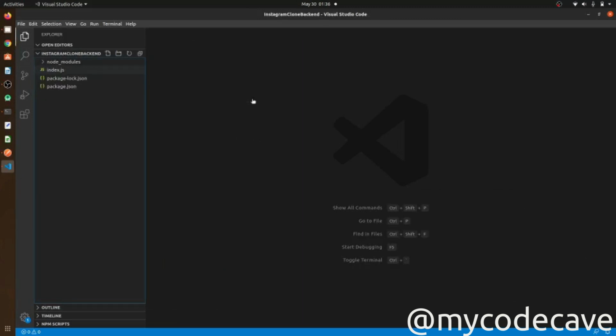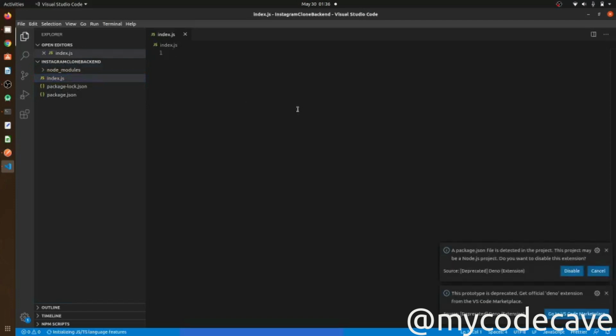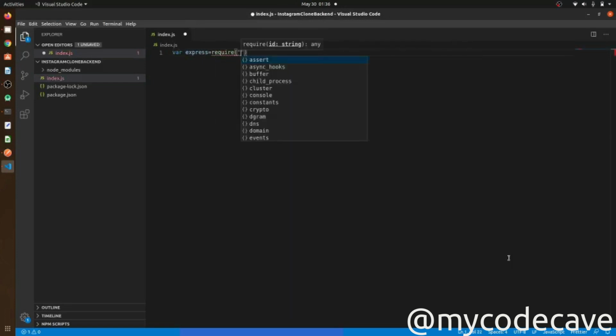So in our Instagram index.js I will start. Let me just remove that. Let's start with creating a server. For creating a server we will import express: express is equal to require express.